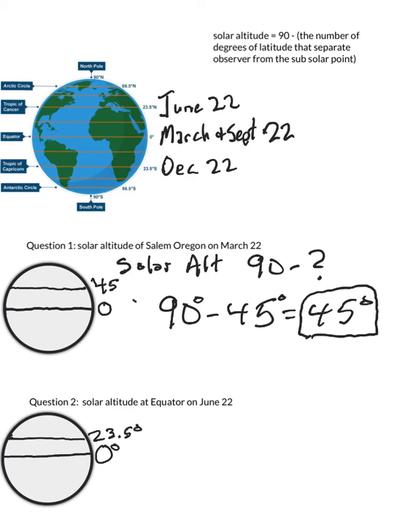Okay, so at the Tropic of Cancer, the sun is directly overhead that day, and we're interested in what the solar altitude on that same day would be at the equator, which is some 23.5 degrees away. So the solar altitude is always going to be found by looking at 90 minus something, right? And that something is always the number of degrees of latitude that separate our observer from the subsolar point. So if you could look way up to the upper right again, that's our little formula there. I just wrote out the words rather than the numbers. So what is the number of degrees of latitude that separate the observer at the equator from the subsolar point, which is 23.5 north of that? Well, that's 23.5 degrees. So that will equal, let's see,